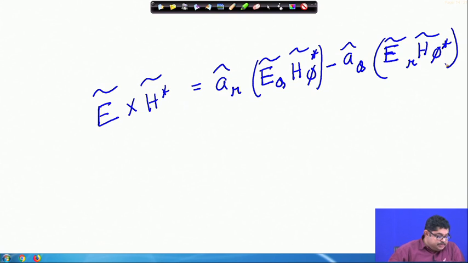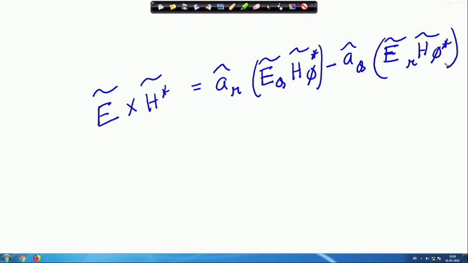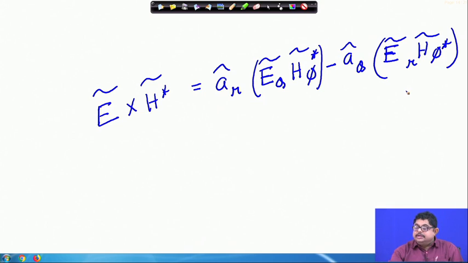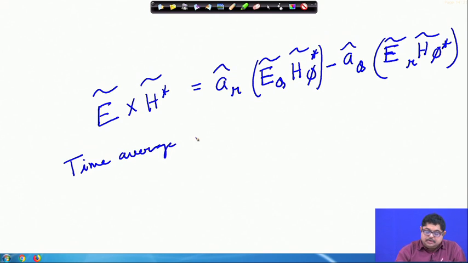So, this will be the expression. Now, again if you look at all these expressions, just look at them. E R H phi star, that actually is a purely imaginary term. So, in the pointing vector it is present, but we know the time average power density